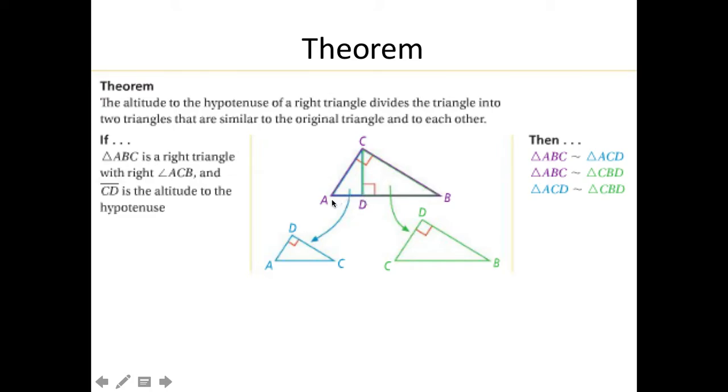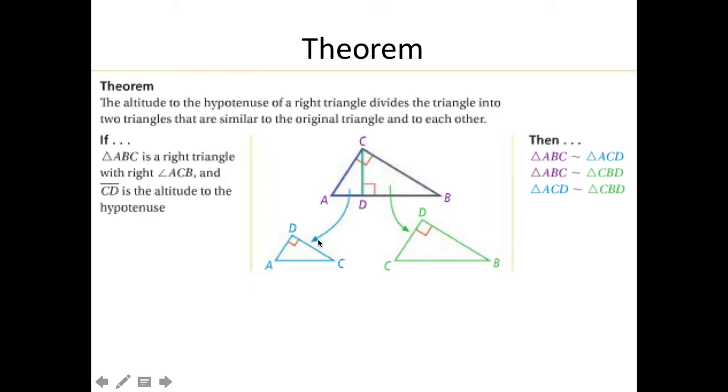So basically, ABC, this big triangle is your right triangle, with the right angle ACB. And CD is the altitude to the hypotenuse. And then what happens is